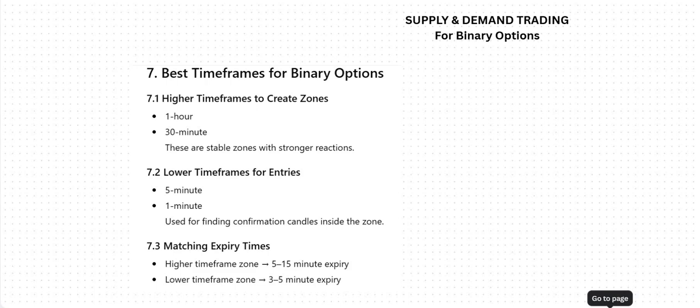So like for 1 hour time frame, you use 5 minute expiration to trade. Like for 30 minutes, you use 3 minutes expiration, depending on what works for you. So you need to match the expiry with the time frame. Lower time frame zone like the 15 minutes, you can use 3 to 5 minutes. In higher time frame like the 2 hours and above, you can use 5 to 15 minutes. Then you see that the price will go in that direction for that period in time. That's how it works. So after that, we now move to